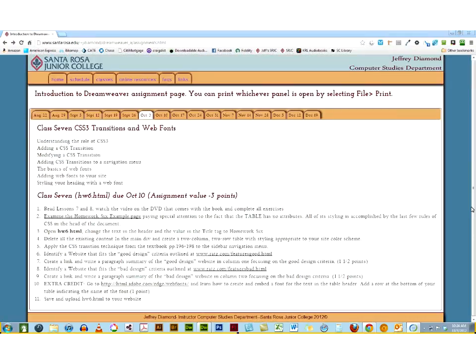Okay, I'm going to put a little marker in here, and we're going to talk about CSS3 transitions. Okay, hold off on the questions about tonight's homework until later, please. So,